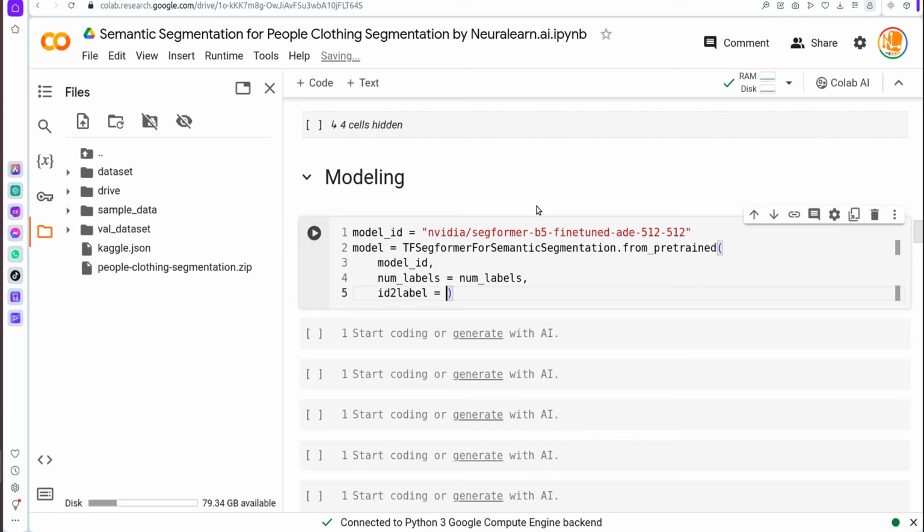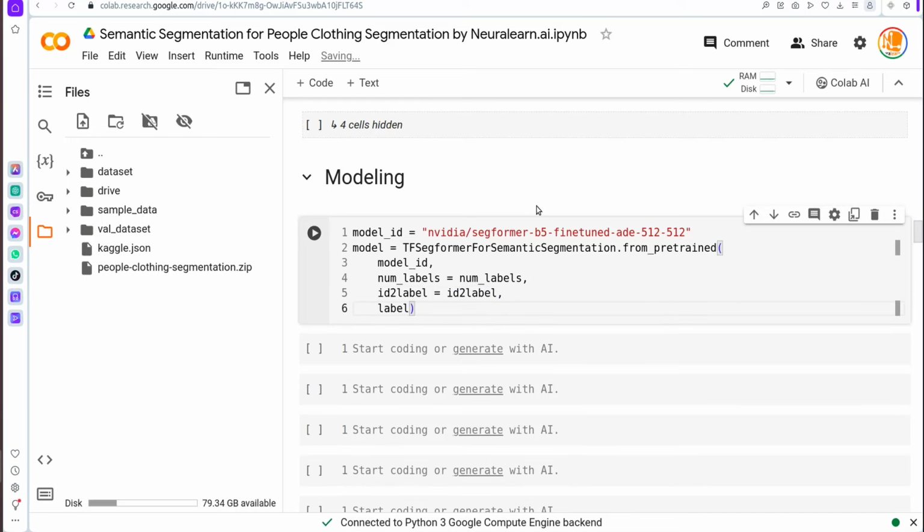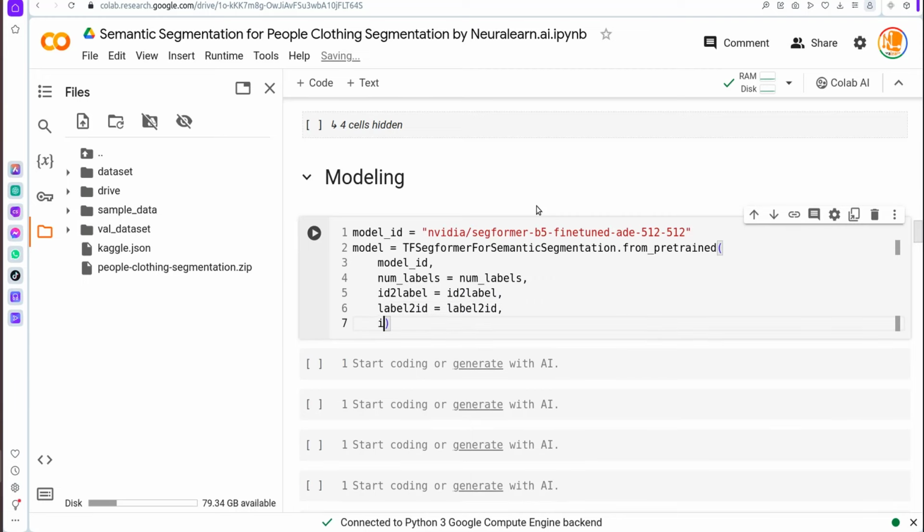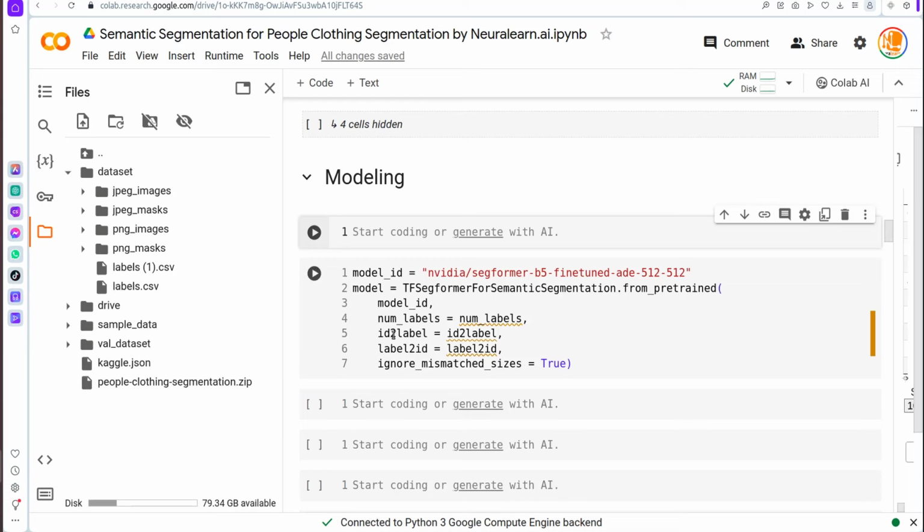So ID to label, ID to label, and then we'll also define label to ID, and then label to ID. There we go. Finally, we set ignore mismatched sizes to true. Now to obtain this ID to label, label to ID, and number of labels, we'll make use of this labels.csv